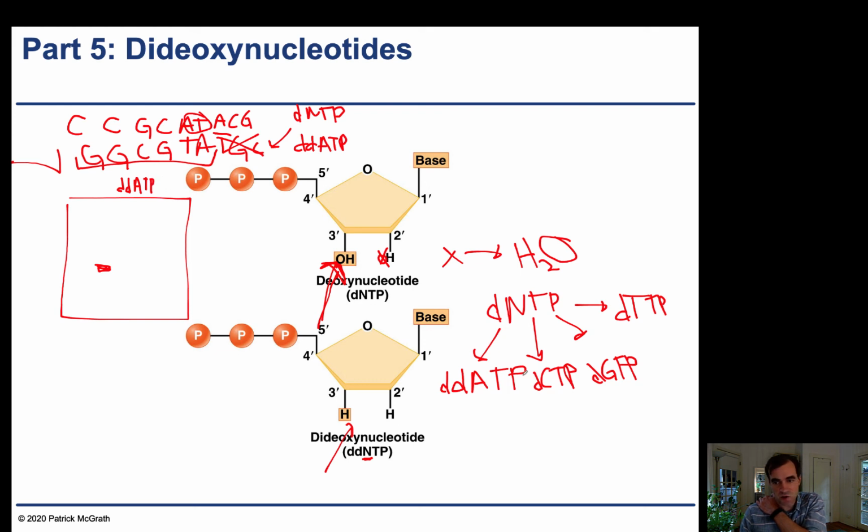But you could also do a reaction with ddCTP, where dCTP is replaced. And so in that case, you would have a completely different band. You'd have a smaller band where this would happen. And so this forms the basis of the idea behind